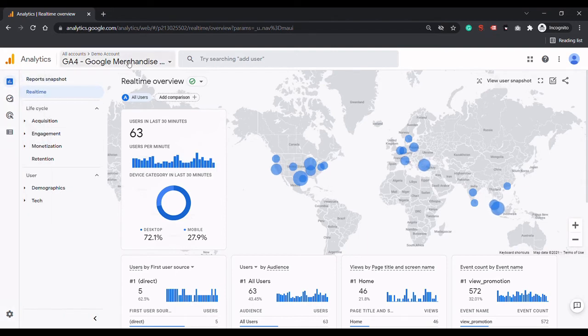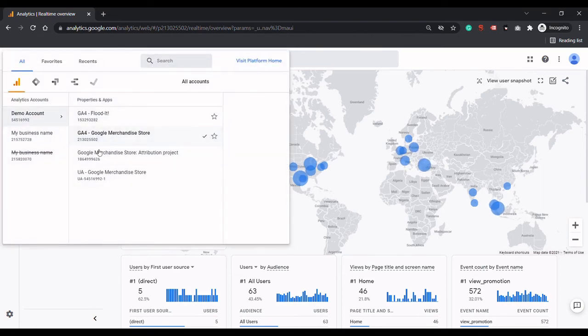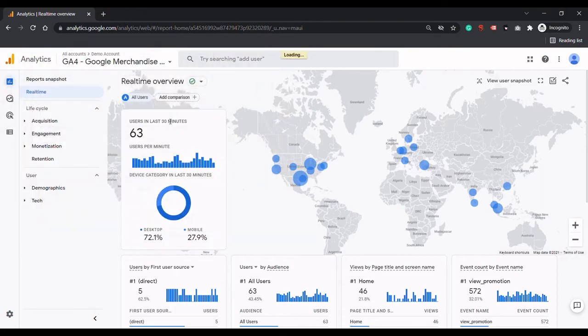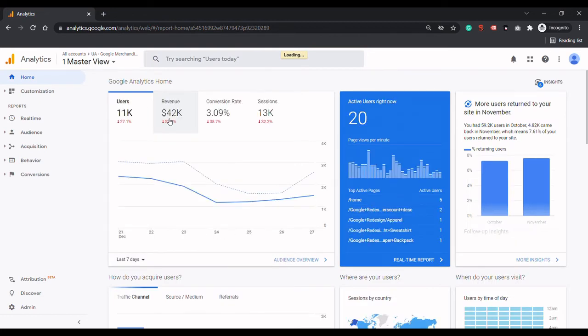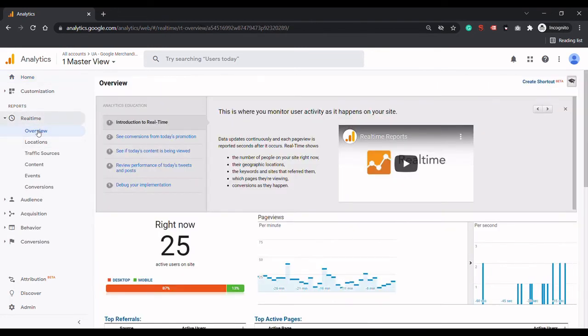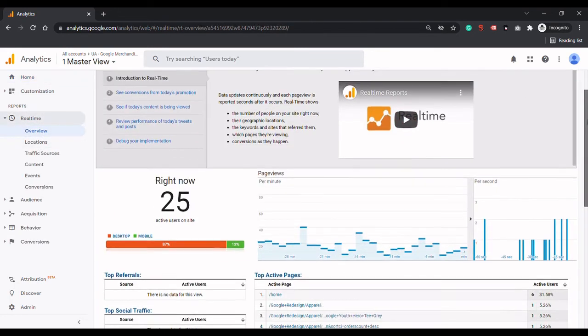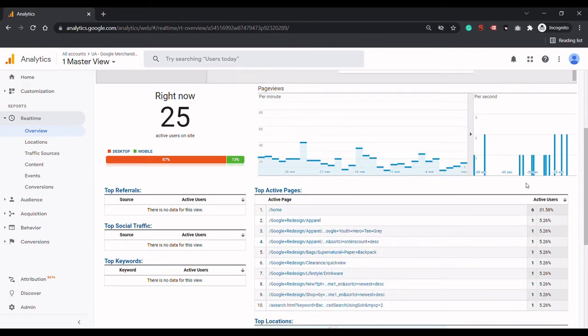Now let's see how the real-time report will look in Universal Analytics. For that I will select the Universal Analytics account, and here I will go to the master view. Okay, and here we will go to real-time and overview. Okay, so in the previous